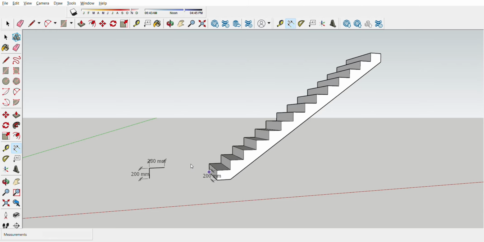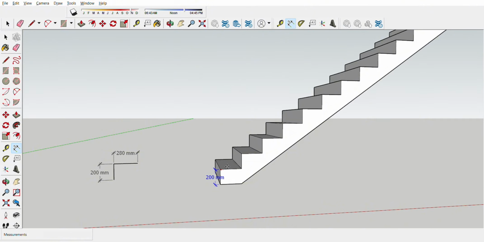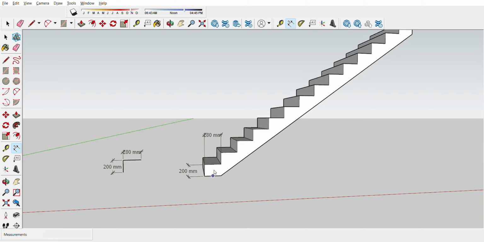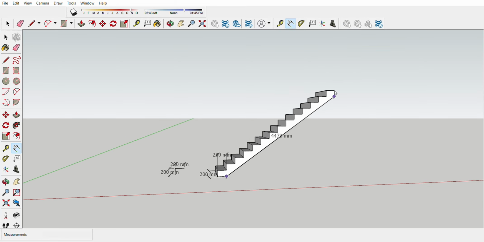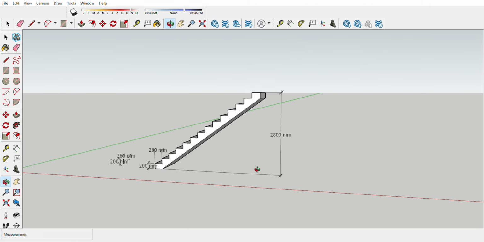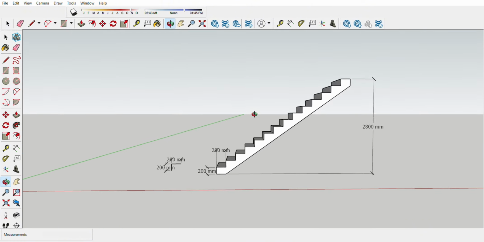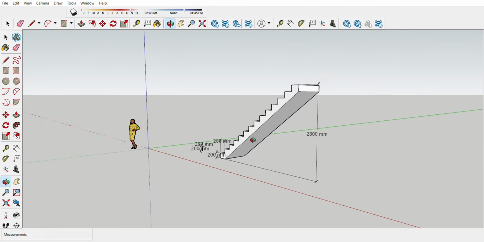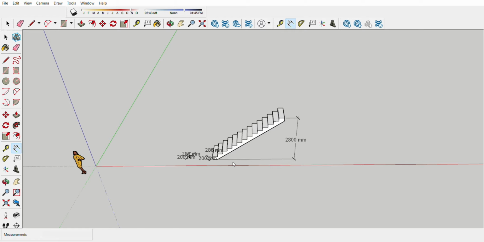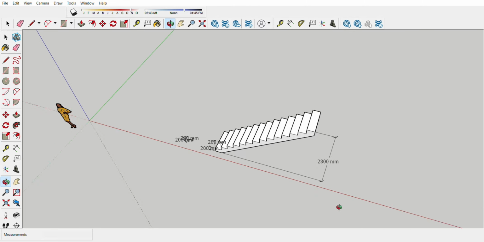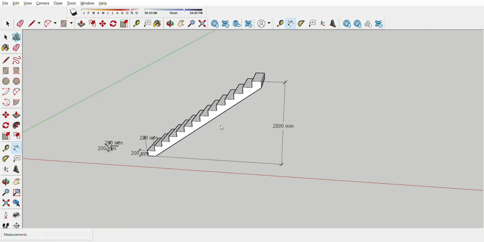The total height is 280, and it's okay. See, so the stair now is complete. Stair is complete. So again, we will do it in a fast way.